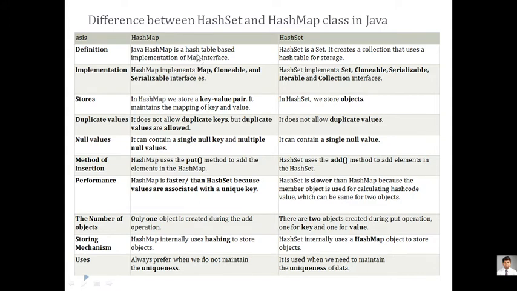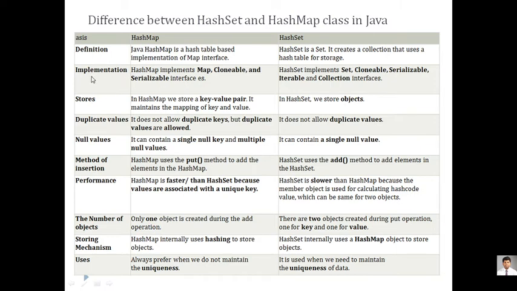So mapping, every node will know which node is the next node or which node is the previous node. That type of mapping will be done. As far as hash set is concerned, it is not concerned with the mapping. It is not concerned with the keys, reference with one another. So by default, here externally we are giving a reference. Here internally reference is being created in hash set. So explicit referencing and implicit referencing, these are the two things which are different between the hash map and hash set.